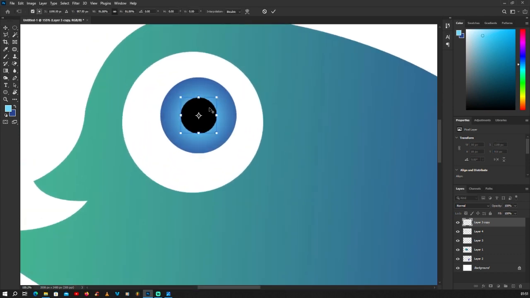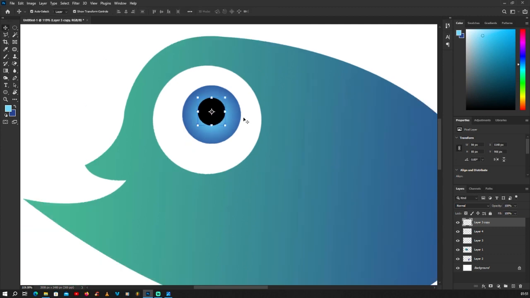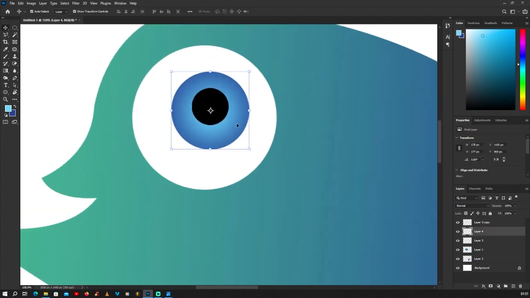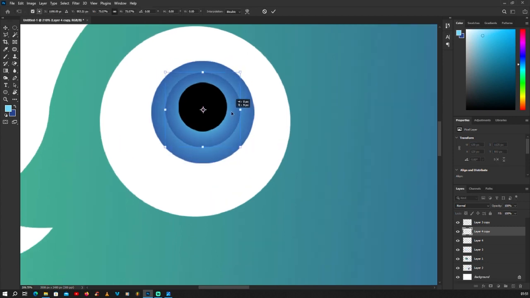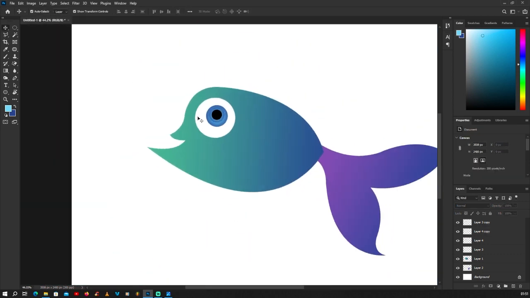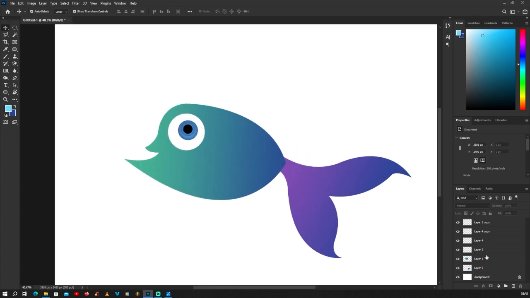Then I'll reduce its size a bit. Then I'll come click on this blue one and I duplicate. I press Ctrl J. Then I will scale. I click here, then I scale, I position it where I want it. So that's our eye. Now we're going to add in, we come here on the background, we create a new